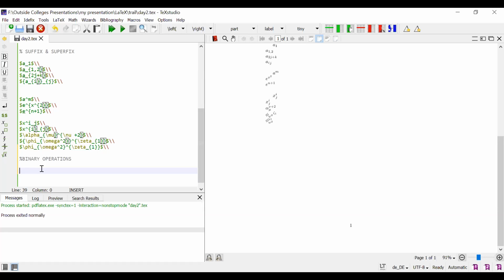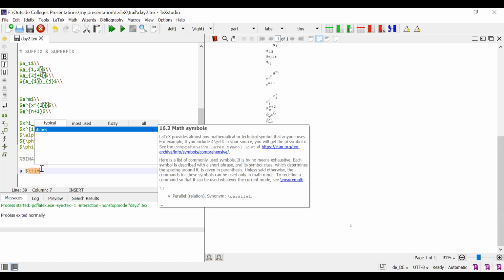Binary operators, just I want to perform multiplication. A into B. Okay, A into, how do I write into? Into means 2 into 3 means we multiply 3 at 2 times.